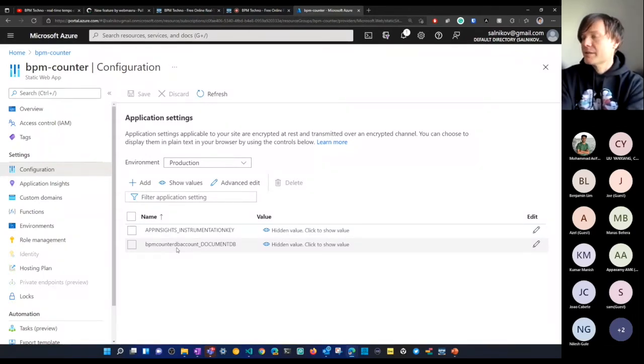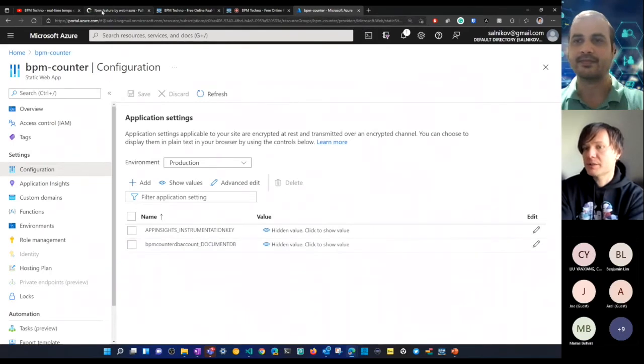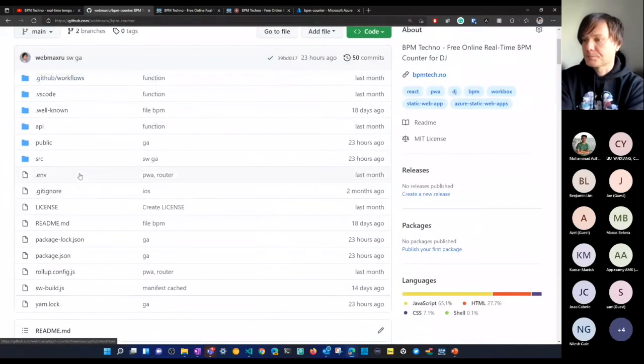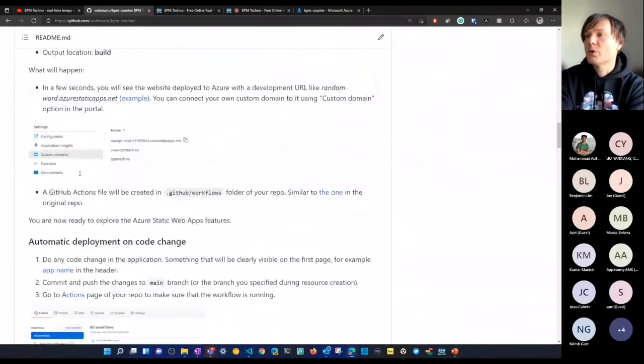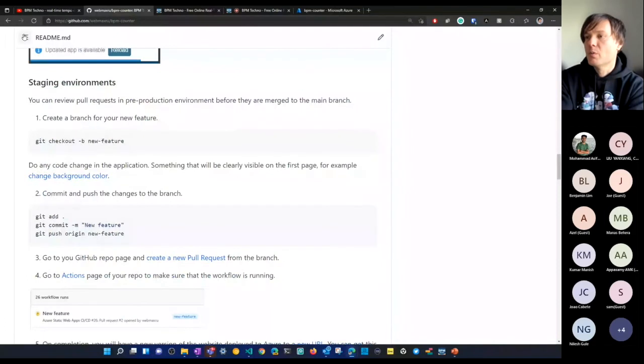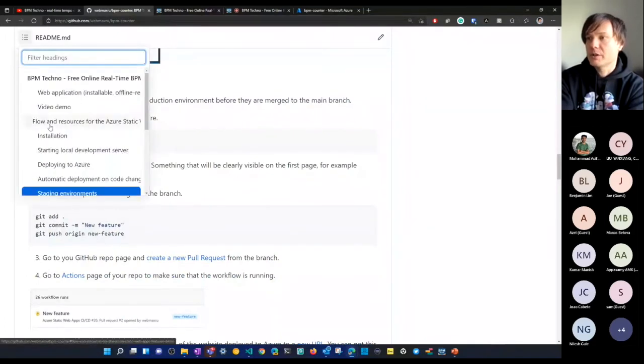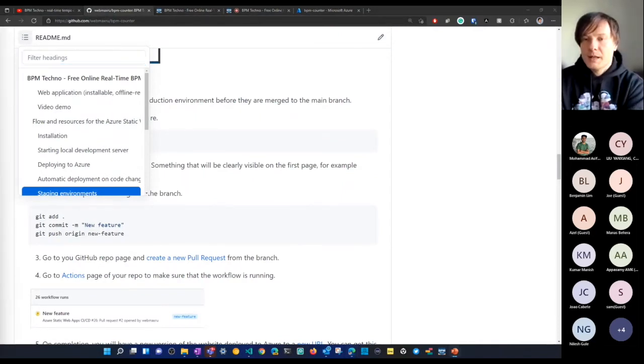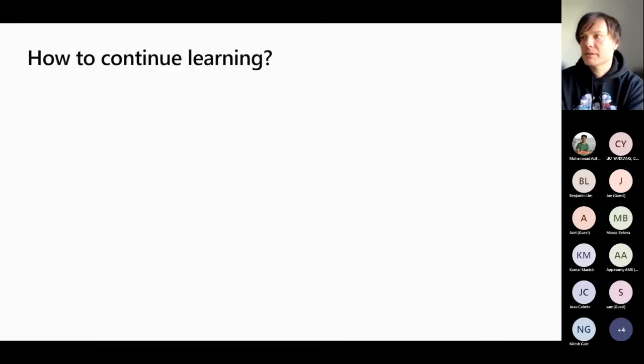Yes, so let's wrap up the demo, because I have a couple more slides to share with you. Just a reminder that on this GitHub repo, and I will give a link, you will find a more complete demo with more steps which you can use to learn or to maybe demonstrate Azure Static Web Apps to someone else. Okay, let me start slides again, and from current slide.